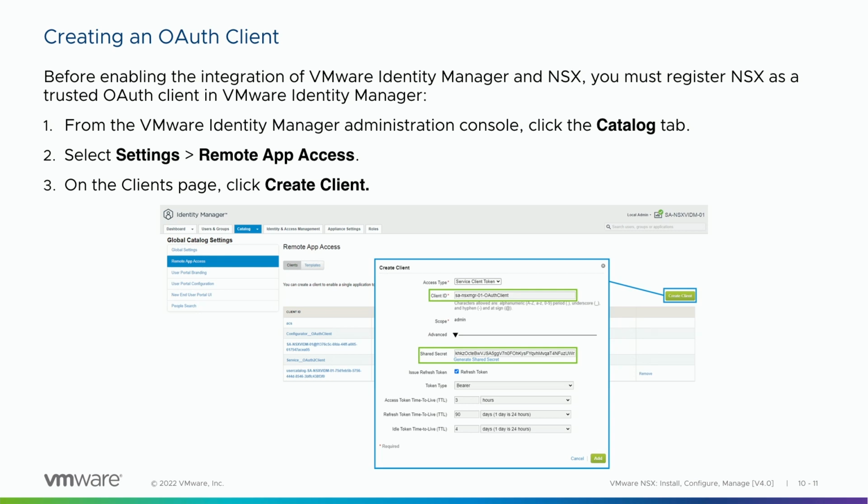Highlighted in green are the pieces that we need to collect. I need to make sure that I know what the OAuth client ID is. I need to know what the shared secret for the OAuth client is. I'm going to need both of those pieces of information in NSX. So the way to deal with those here is to copy them out of this UI and paste them maybe into Notepad or something like that, something that you can use a little bit later when we get to the